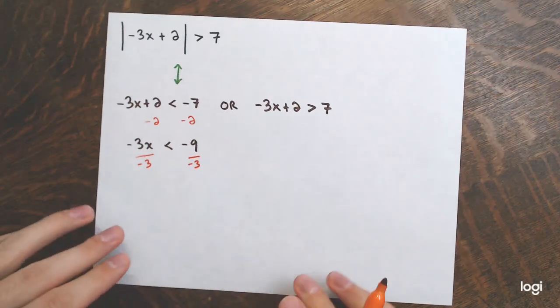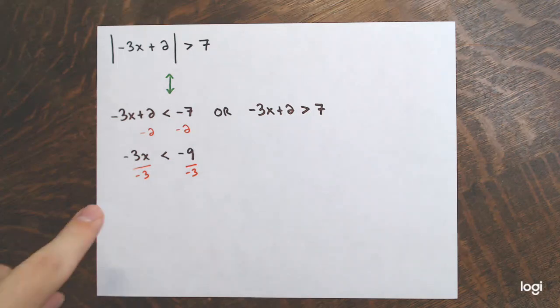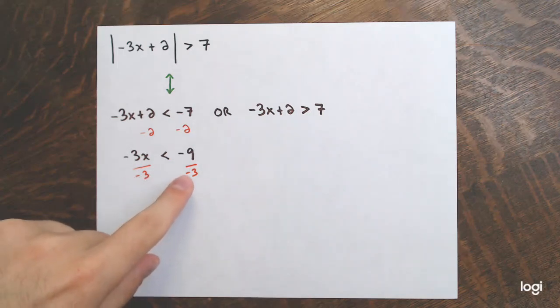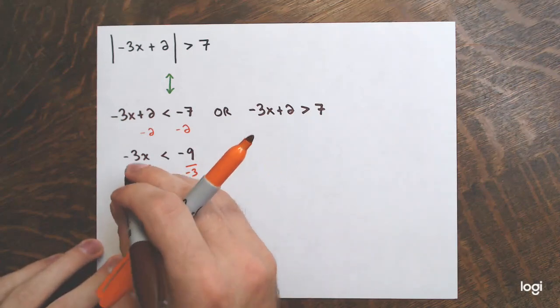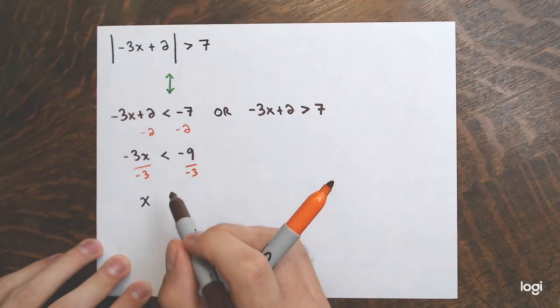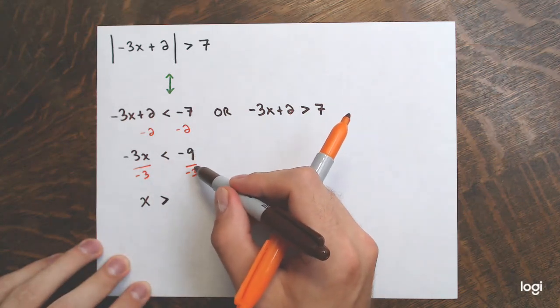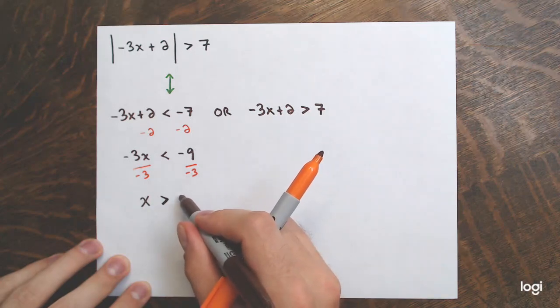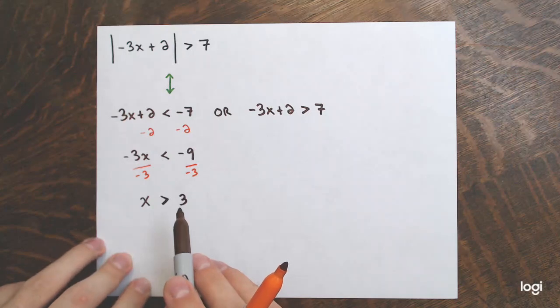That's where the trick comes in. It's not really a trick, it's just what happens when you multiply or divide both sides of an inequality by a negative number. So I'd have x on the left, the negative 3's divide out, and the direction of the inequality changes. Instead of is less than, it becomes is greater than, and negative 9 divided by negative 3 would be positive 3. So I could replace x with a number greater than 3,